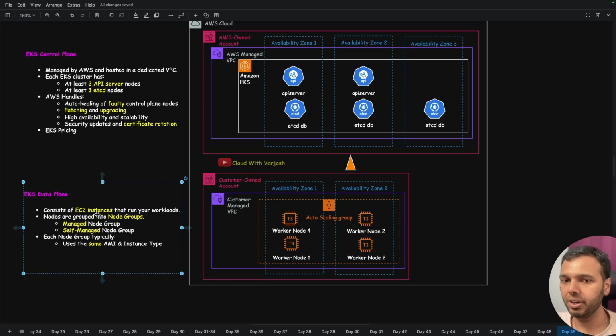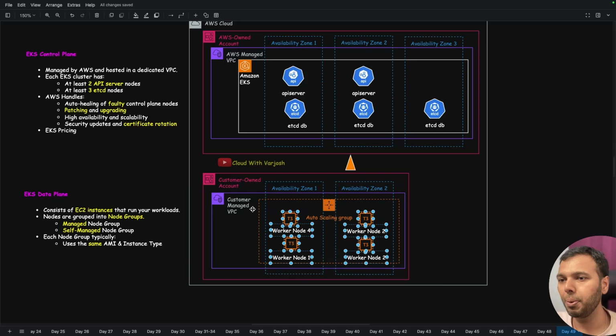Then here are a few pointers about the EKS data plane. It consists of EC2 instances that run your workloads. We will see that nodes are grouped into node groups. For example, all these 4 nodes will be part of a node group, and you have the flexibility of defining multiple node groups. Now, why would you need multiple node groups? For example, maybe application 1 requires GPU. So node group 1 has the nodes which have GPUs, and then there is an application that runs on x86 and does not require GPUs. So you will define that node group for application 2. This is just an example. So you can have multiple node groups